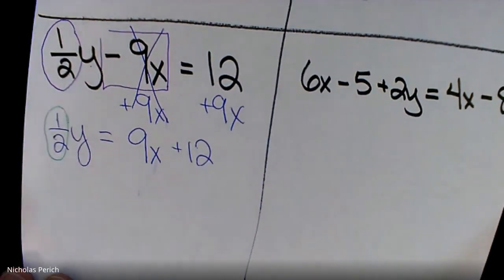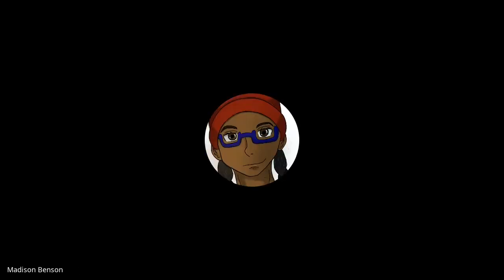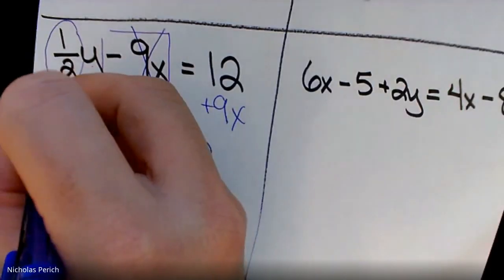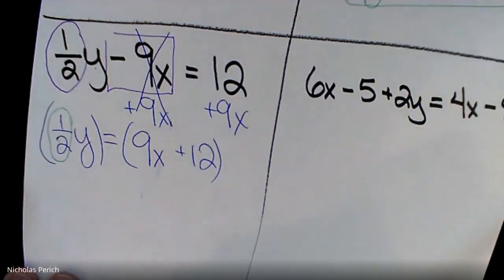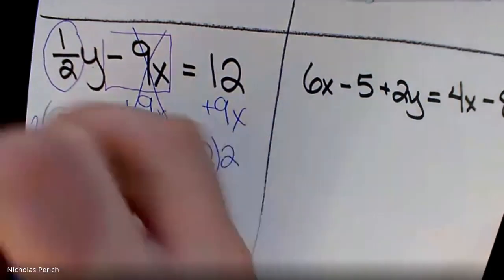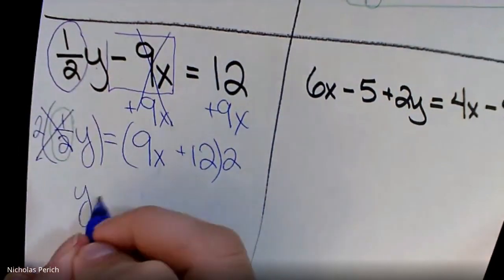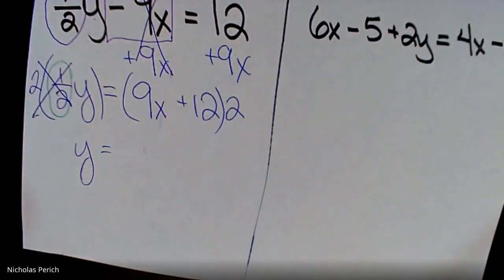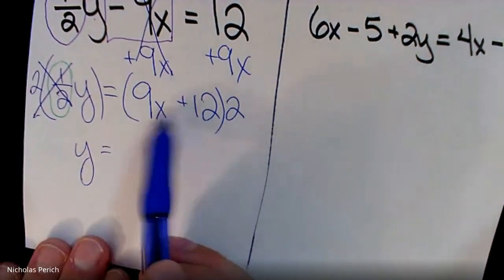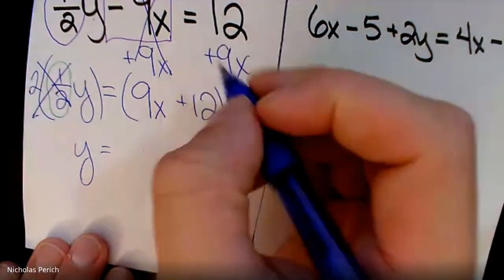Instead of dividing a fraction, multiply the reciprocal. Yay, everybody. What's the reciprocal of a half? 2/1. And what's 2/1 actually turn into? 2. So I'm going to multiply everything by 2, and that crosses that out, y equals. Now look on the right side. This is where it got new a little bit. On the right side, I have an entire chunk of stuff here multiplied to 2, which means I do distributive